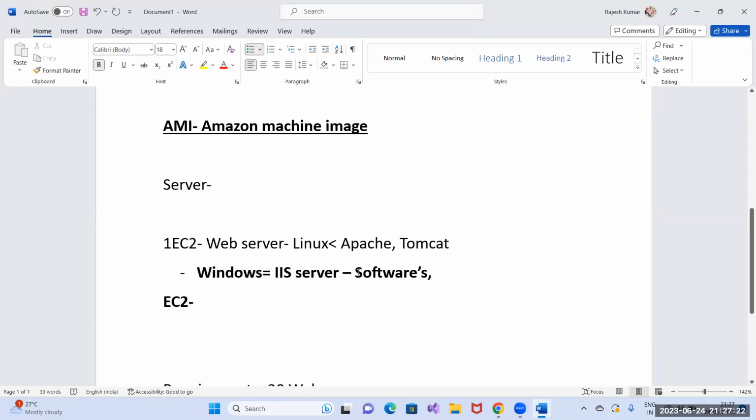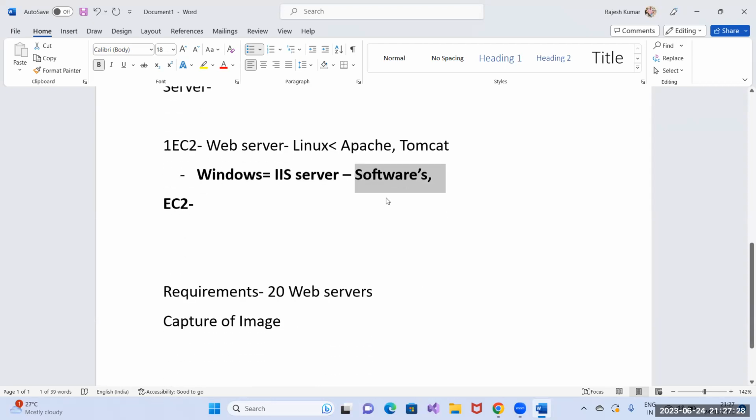You don't need to buy multiple licenses of the software. You will create the exact running condition, the exact running duplicate copy of that software, and you can run it on another EC2 instances. So if you have any customized requirement in the company, that I want to do the customization of my image, I want to run these services, so you can go